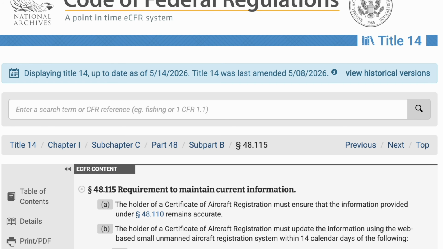This question has been coming up on the Part 107 exam, and I have not been able to find anything that gives me this explanation unless we go to not Part 107, but referring to Part 48 of the Code of Federal Regulations, specifically Part